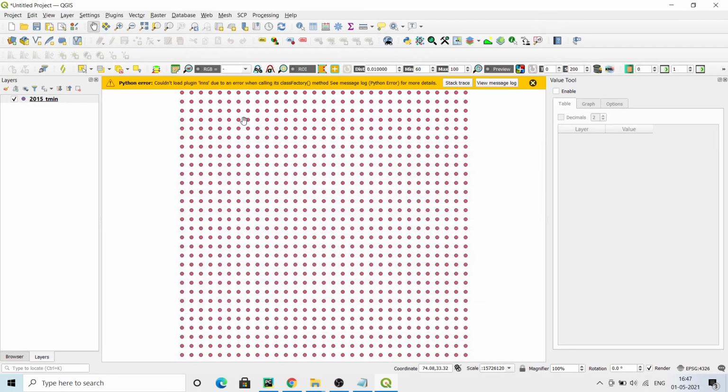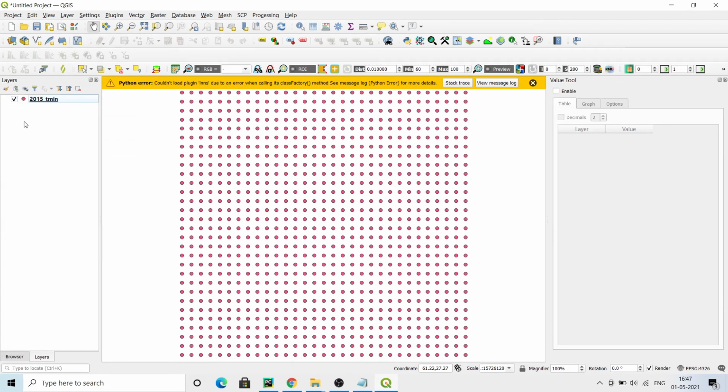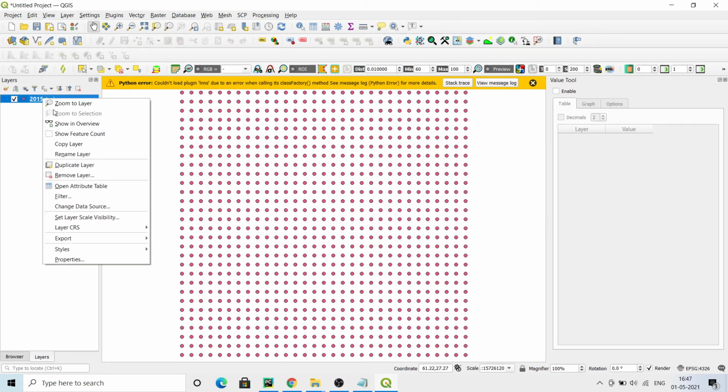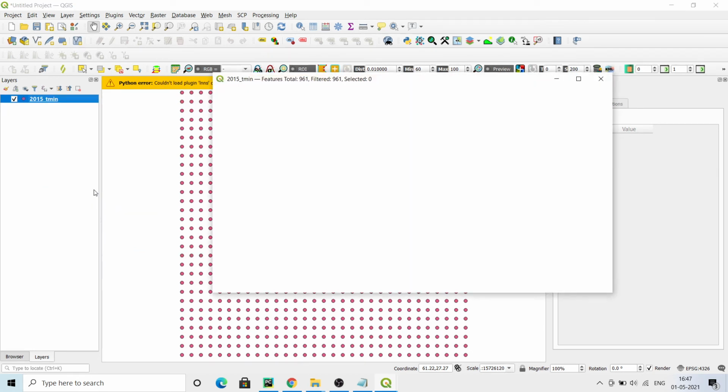So as you can see, this is your rectangular grid as I told you. So this may be no data, because the Indian shape will be something like this. For visualizing that, there are two things you can do. You can directly open the attribute table, or you can export this to a shapefile. I will open the attribute table here. It will take a lot of time because I think 366 fields will be there.